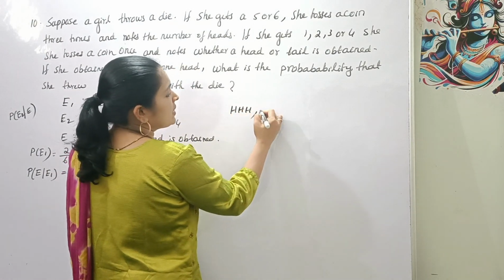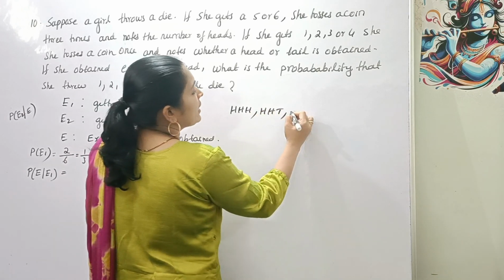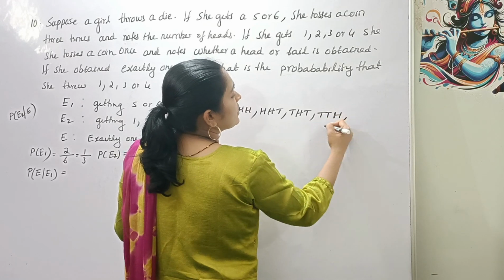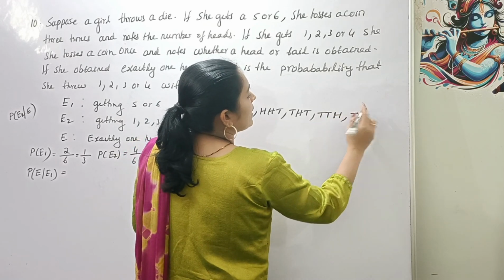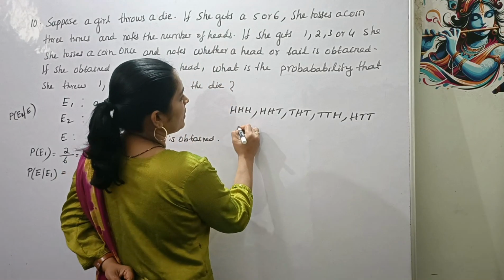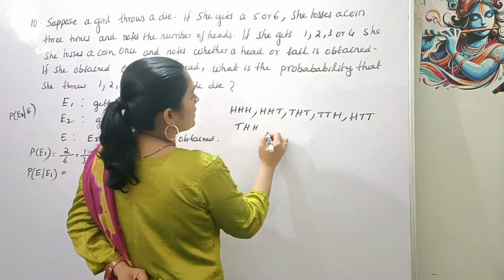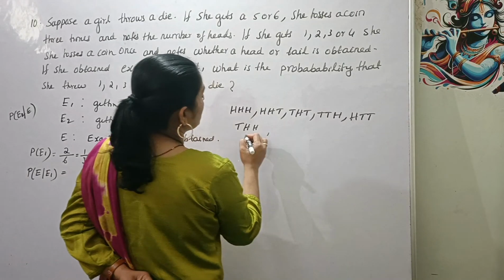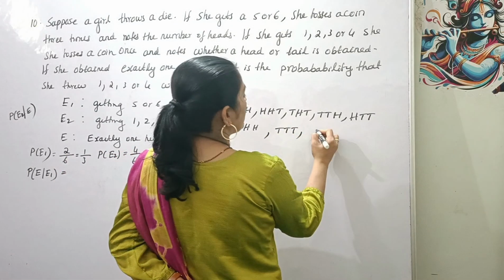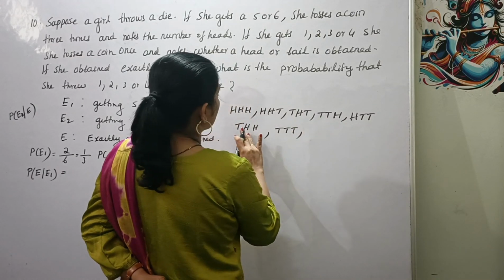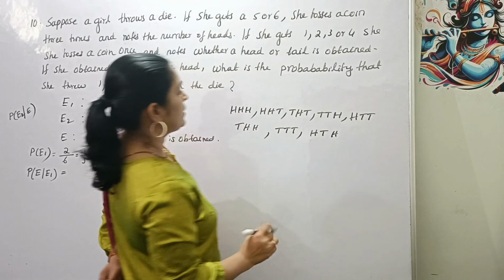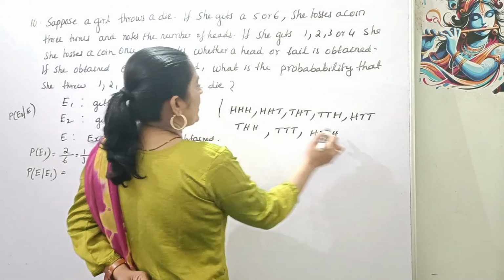H, H, H, H, H, T, T, H, T, T, T, H, then H, T, T, T, H, H, then T, T, T, T, T, H, T, H, H, then H, T, T, sorry, H, T, H, right? That's all. Okay. So, here